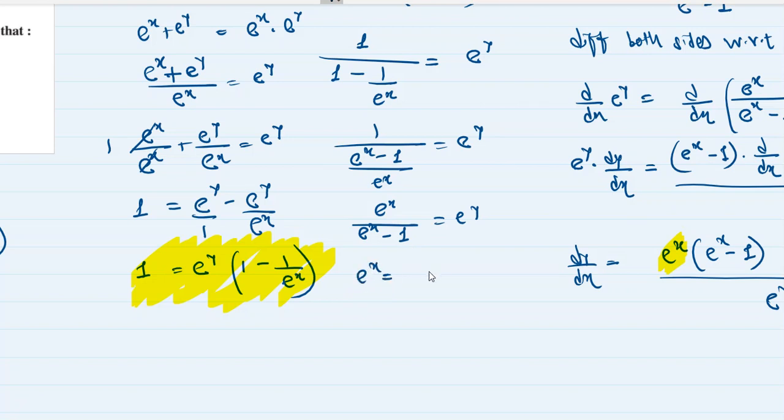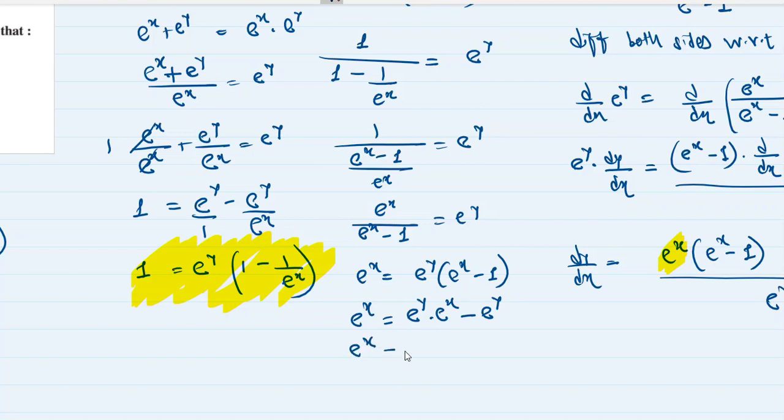तो e^(2x) इज इक्वल टू e^(2y) ब्रैकेट e^(2x) - 1, ठीक है। सो e^(2x) इज इक्वल टू e^(2y) इंटू e^(2x) माइनस e^(2y), ठीक है। यहां से